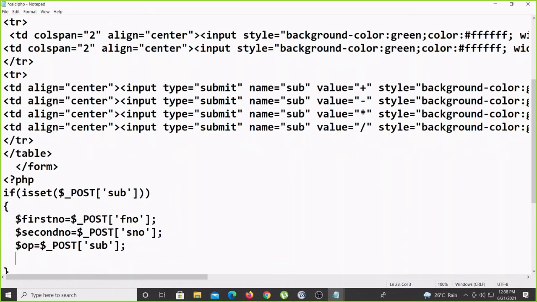Now we have to check the condition, if $op equal to which symbol? That is like a string only, that value is passing, so the plus symbol.